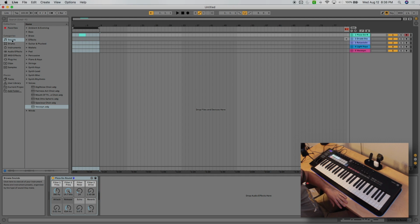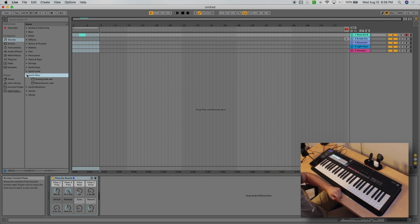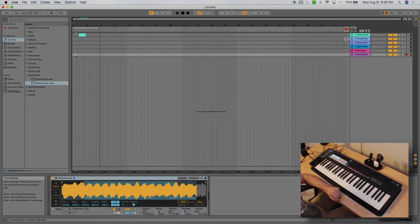To add different sounds, you just come over here on the left hand side of the screen, click a sound, and then grab whatever sound you want. It'll give you a little sample of what it sounds like if you click on it, and you simply drag it on over. And then now you can click in the screen and practice playing on the piano and get a sense for what it sounds like and how different things will sound before you actually record it. Whenever you're ready,